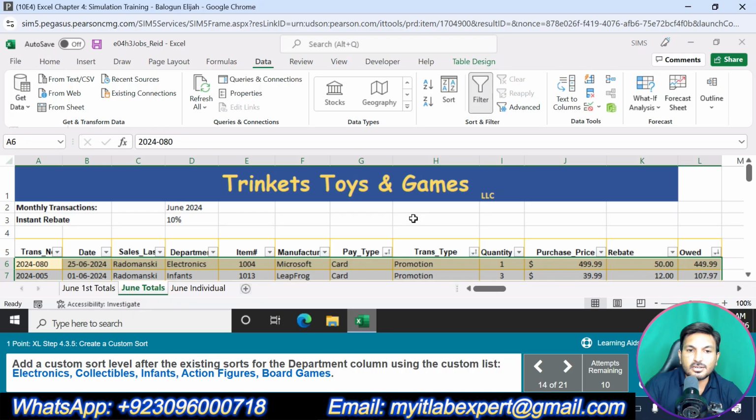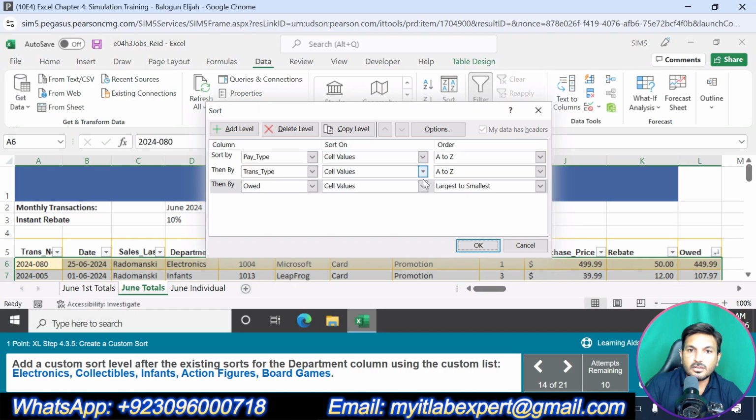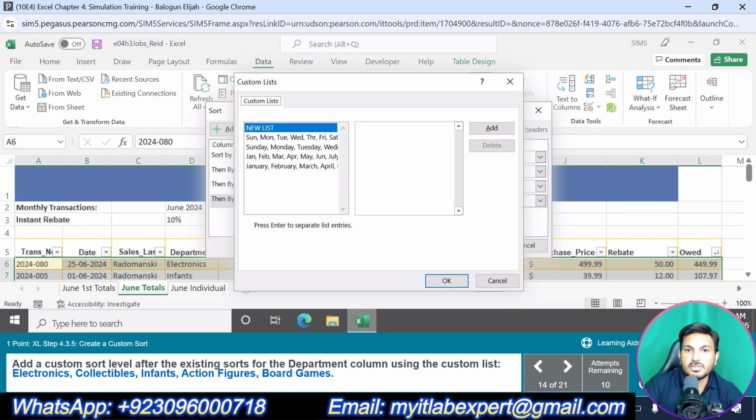Add a custom sort level after the existing sort. Okay, sort level department field. Here we are supposed to choose custom list, and here we will type the list, that is electronics,